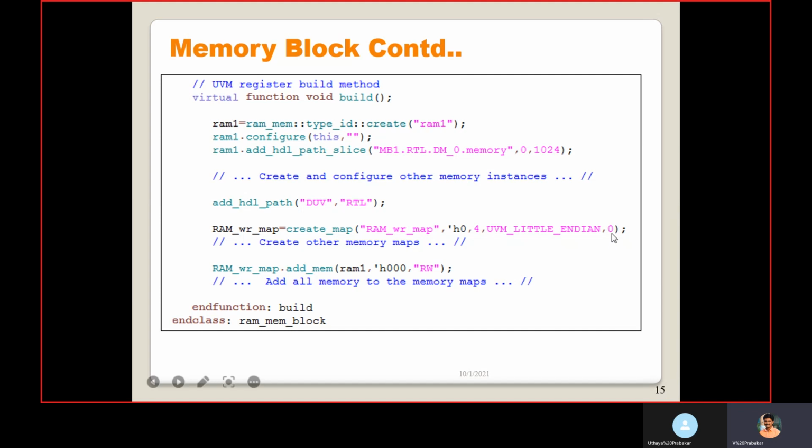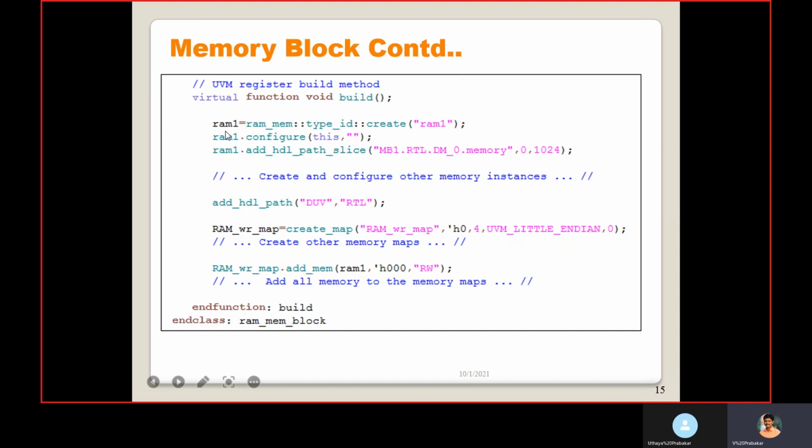Byte addressing means we are going to access the whole 32-bit. We need to make it 1, otherwise we can make it 0. Then add mem: with the help of add mem, we are going to add the memory.